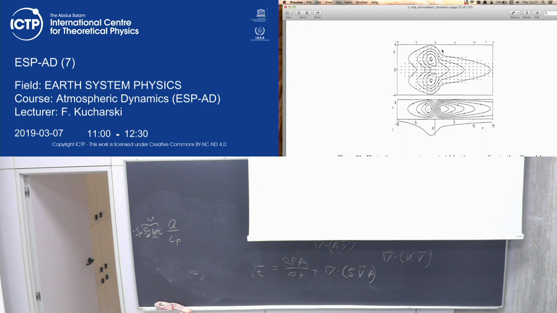Even if we are close to the equator, our fields, these beta y terms, are all in very good geostrophic balance. You can see this here, the pressure lines and wind vectors, they are in good geostrophic balance. So that means we have geostrophic vorticity here, according to our calculation,